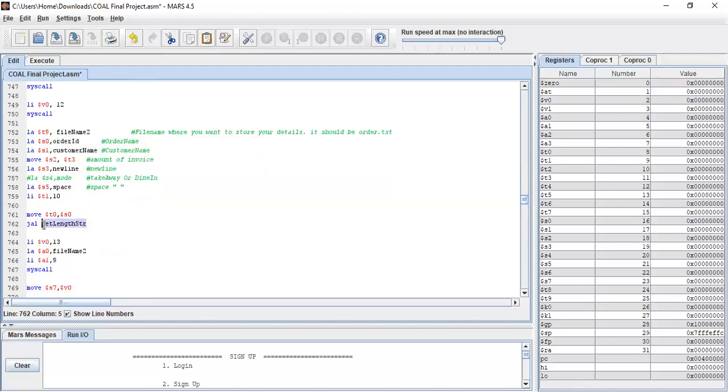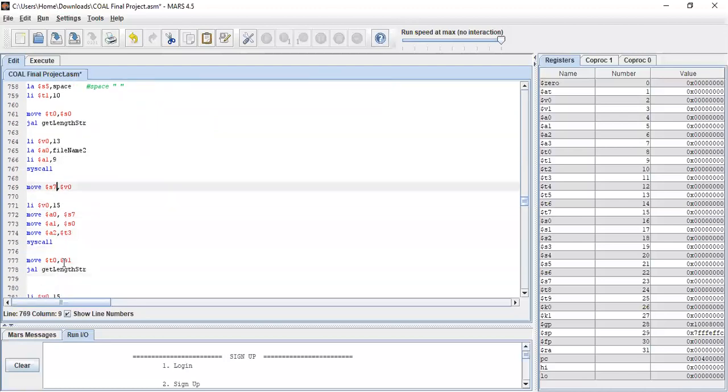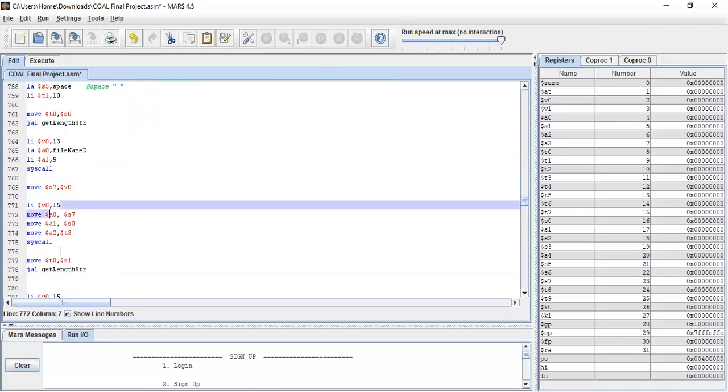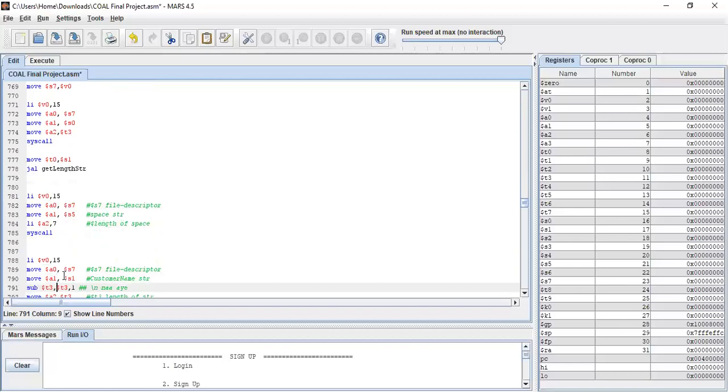So to get the length of a string, we have here. To open the file, we have entered 13. Then if we have to write something to the file, we have 15. Then it will get the length of this string.